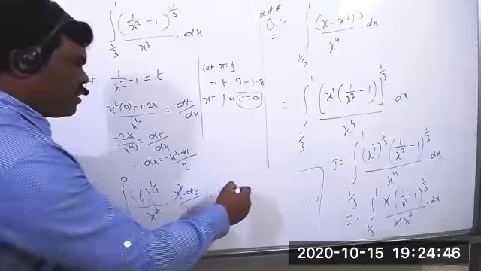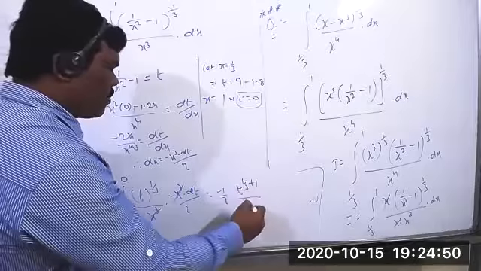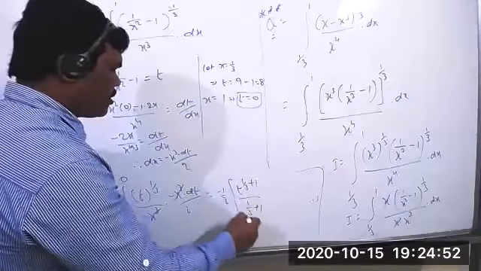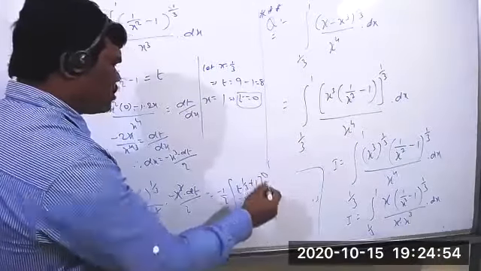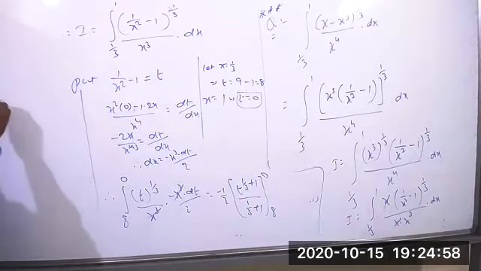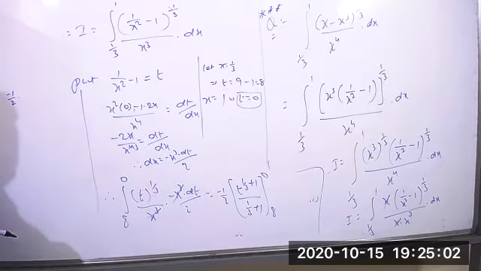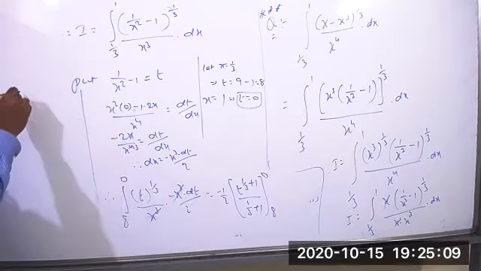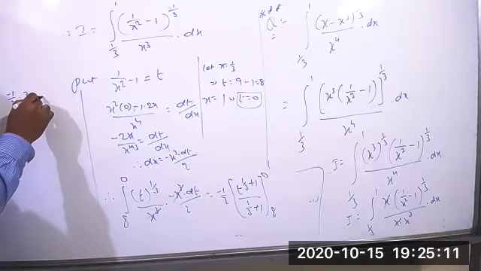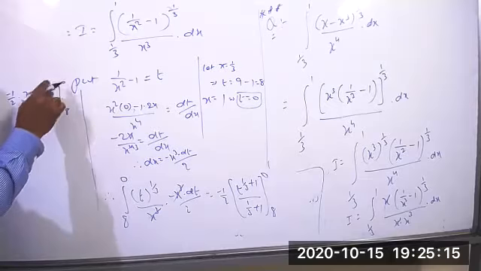And t power 1 by 3 equal, you can write now t power 1 by 3 plus 1 whole by 1 by 3 plus 1. The limits will be 8 to 0. Now you can substitute in there. So the value of I equal to minus 1 by 2 into t power 1 by 3 plus 1 equal to 4 by 3, na? The 4 by 3 reciprocal 3 by 4 into t power 4 by 3. The limits will be 8 to 0.